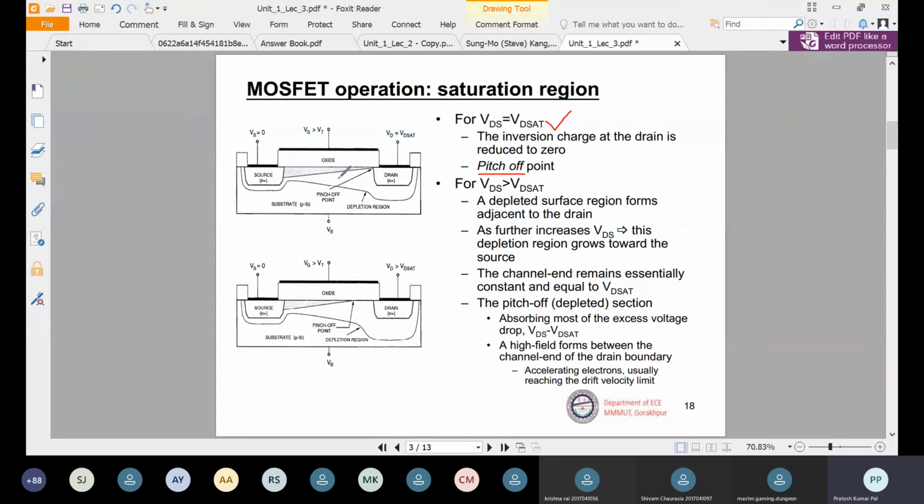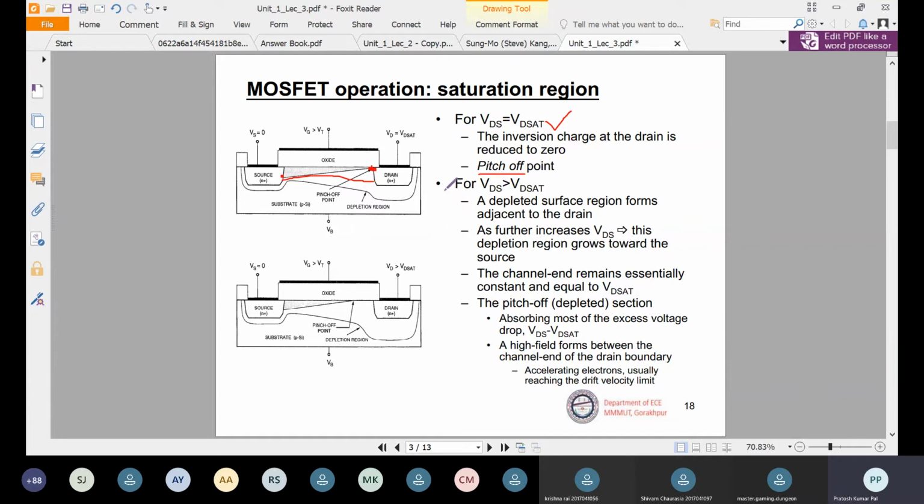So as we are increasing the drain to source voltage, once it was like that, the channel was similar to this, but once we keep on increasing the drain to source voltage, the channel becomes tapered, and finally there will be no charge present near the drain side. So the point at which there will be no inversion charge present at the drain side will be the pinch off point. And at pinch off point, the drain to source voltage will be equal to VD set. Okay, so this will be your VD set.